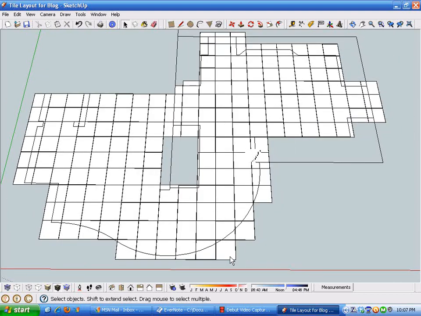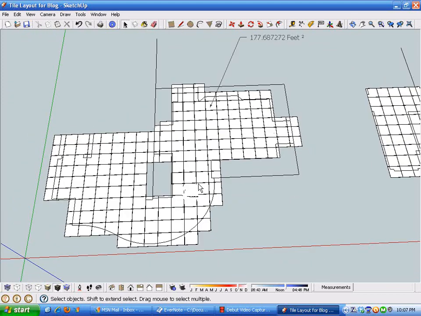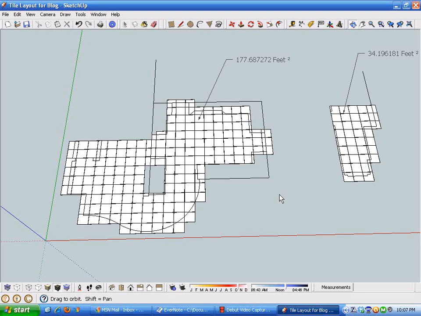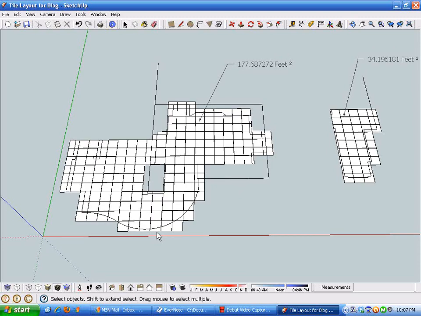And you can use your situation to decide how big or small of pieces you want or don't want to be included in your layout. But with this count of tile, this shape, this number of tile with an 1/8 inch grout joint would cover. And so the nice part about SketchUp is